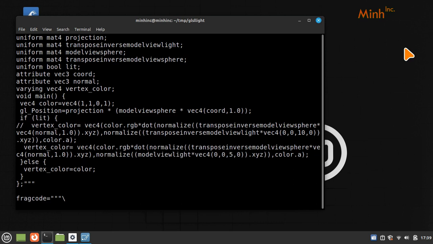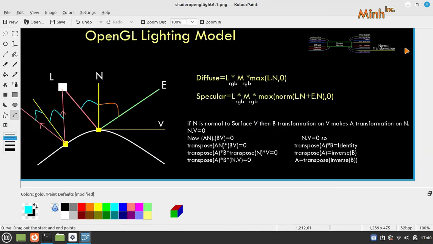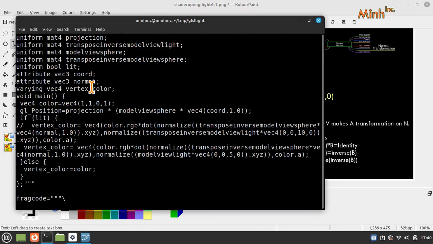So it is 5 now. This distance is 5 in the Z direction. So model view light minus